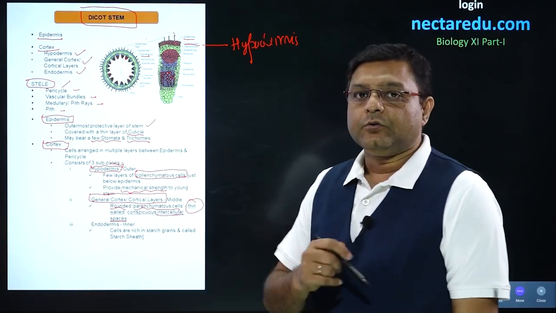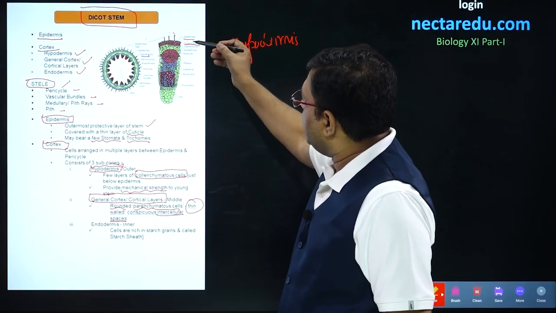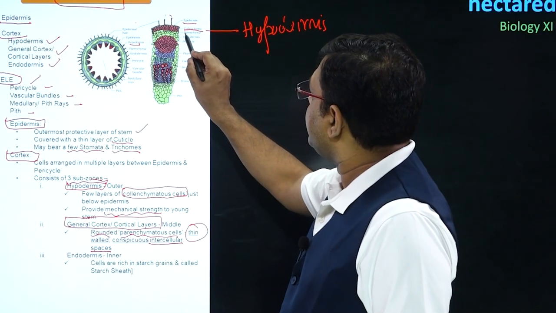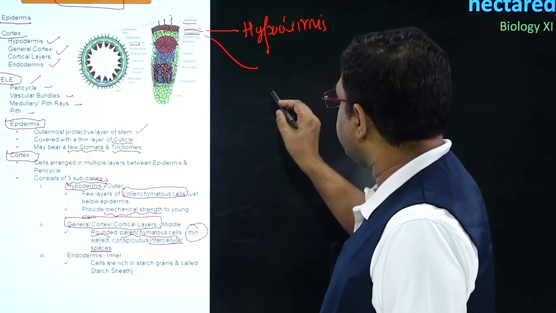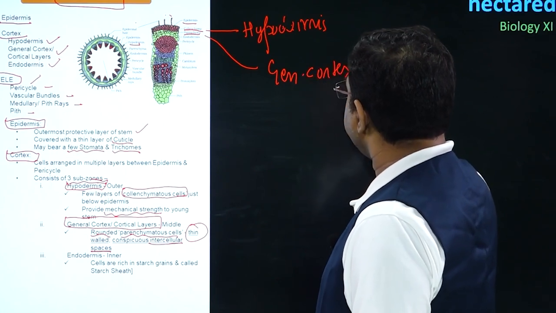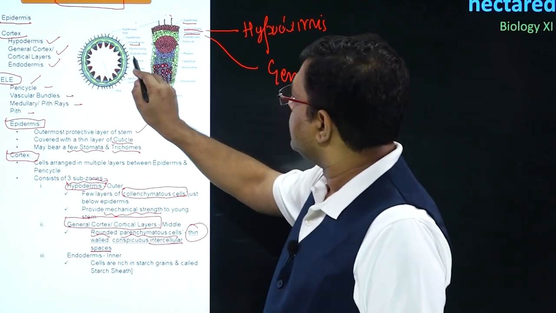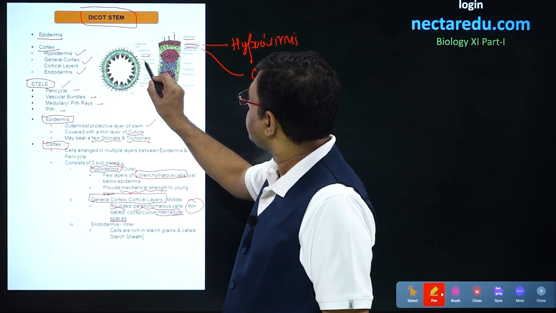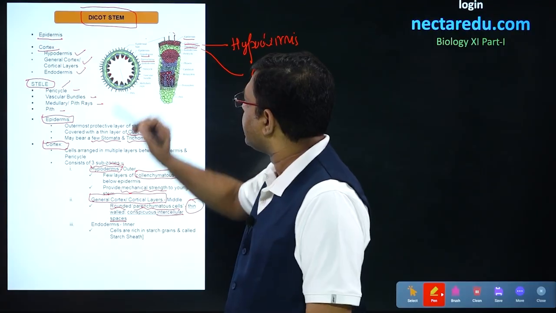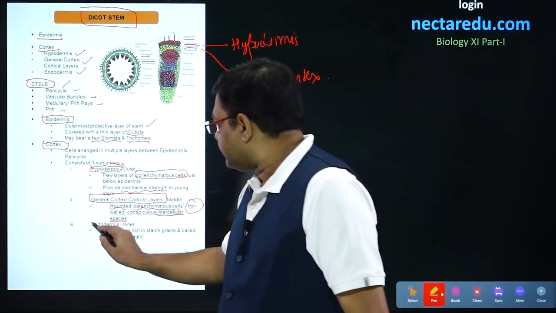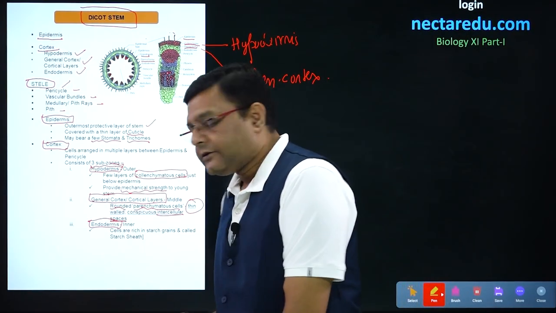We can look into this particular diagram. So, below the collenchyma, this general cortex is present, and it is formed of parenchyma. So, these layers are the general cortex. We can look into the same diagram over here also, that below the hypodermis, next layer is the parenchyma which is present. Now, the lowermost layer, it will be endodermis.